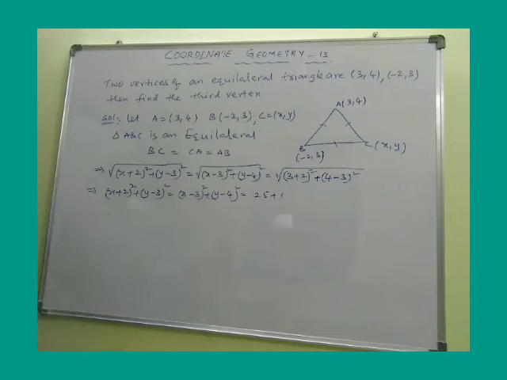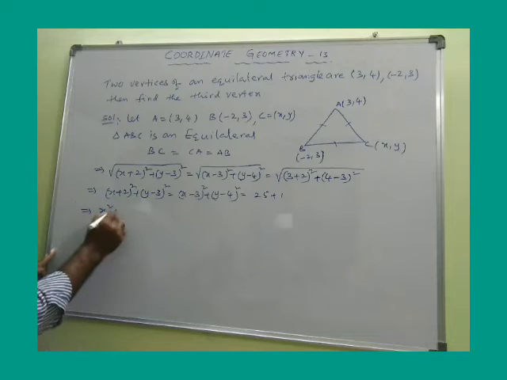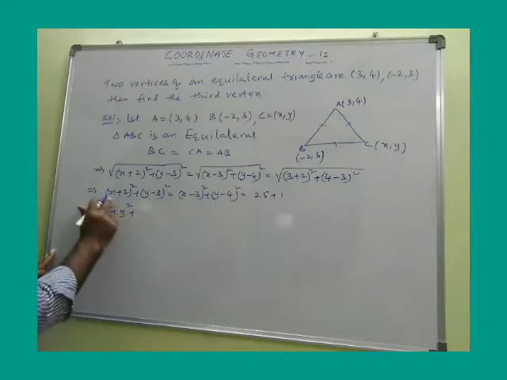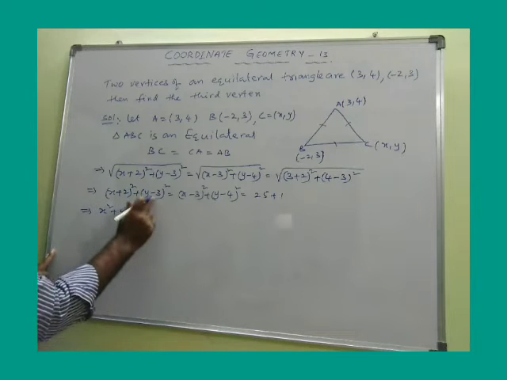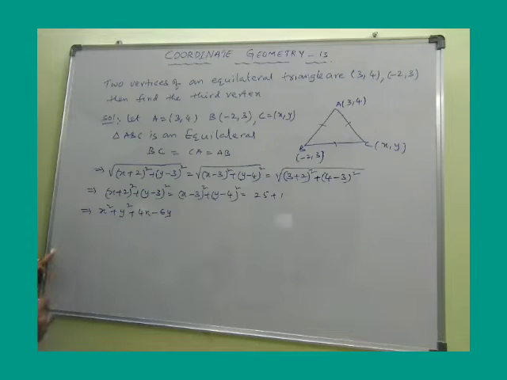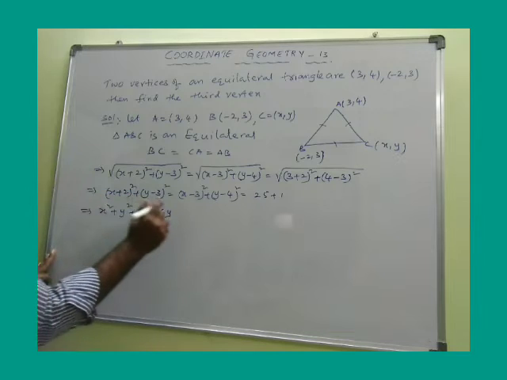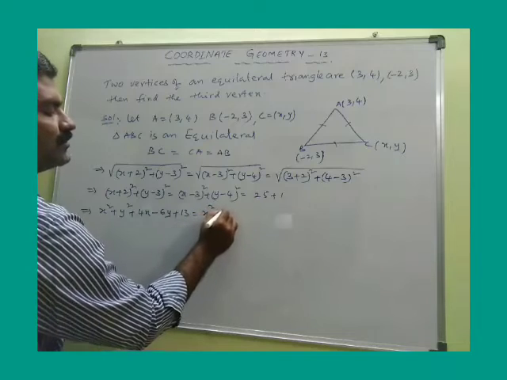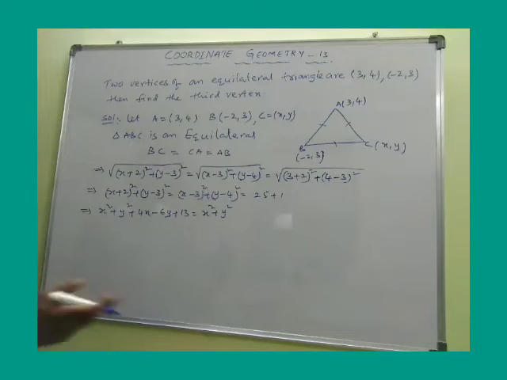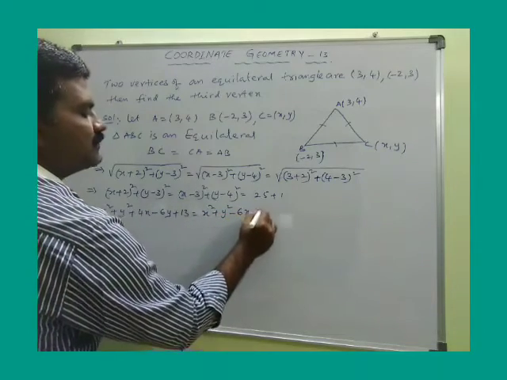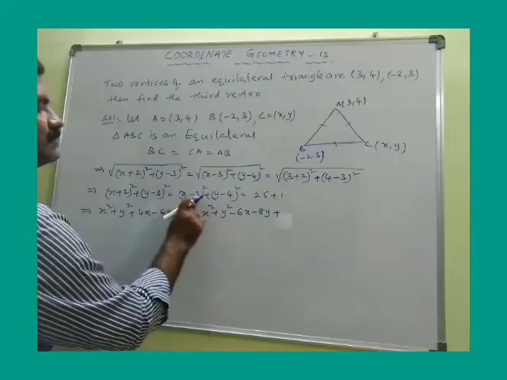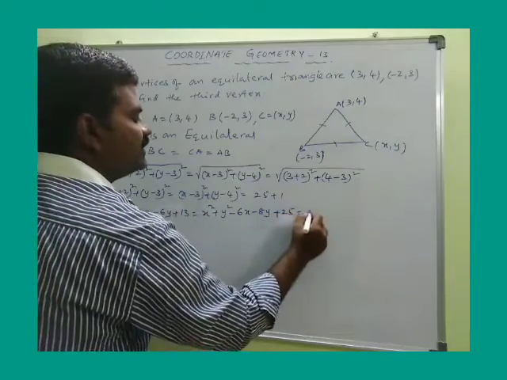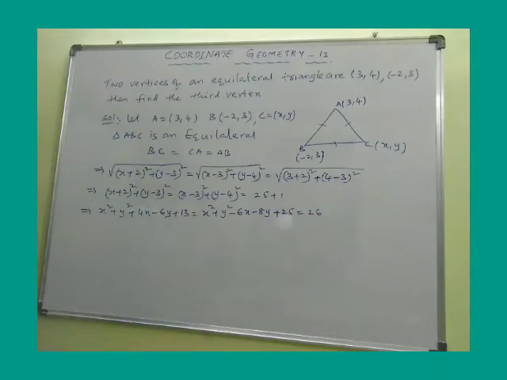Now also we are getting, okay, let me simplify this. Still (a plus b) whole square: x square, here it is plus y square. Here 2ab value is 4x, here 2ab value is minus 6y, and b square 4 plus 9, which is plus 13. In the same way, this is also just expand the (a minus b) whole square, and I want to write it in order. Minus 6x minus 8y plus 16 plus 9, which is 25, is equal to 26.